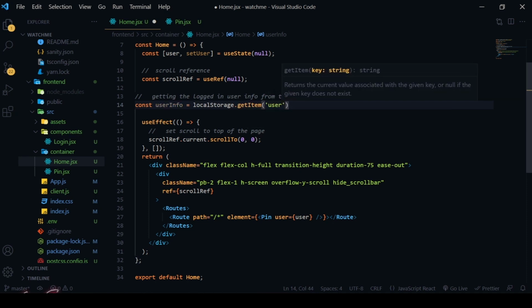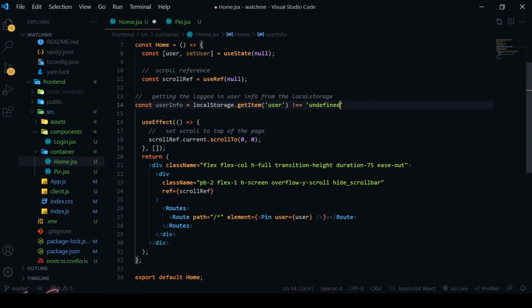You remember that we set the item using user in the browser, so I'm going to access it using that same name. If it contains this user, or if it's equal to undefined, we need to handle it. If the local storage has nothing there, it will throw an undefined error, so we need to handle it. If it is not equal to